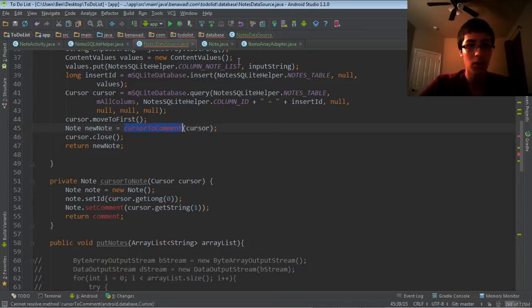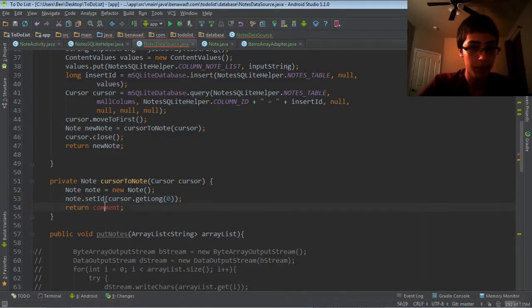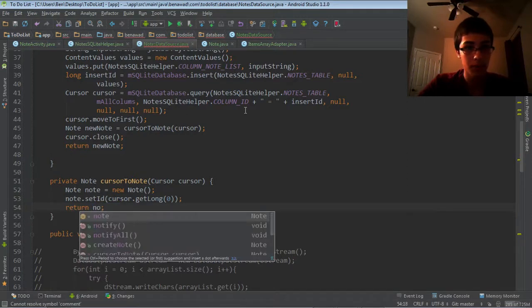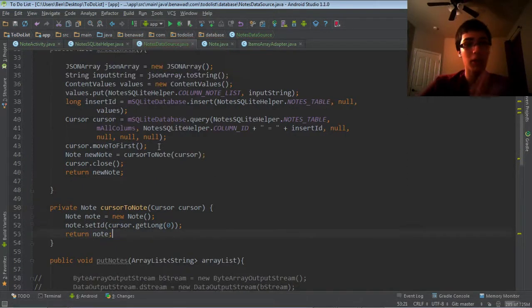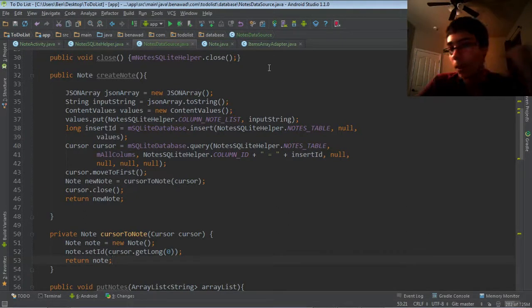And then cursor to note, and we're just going to return note. Okay, we're just going to make it like this. So right now we're basically storing an empty array list in the, what we need to make sure about is